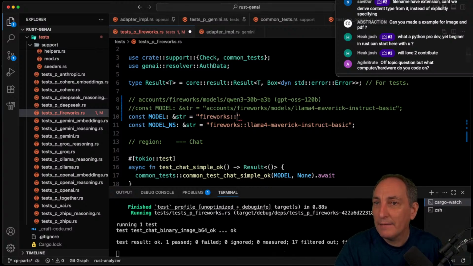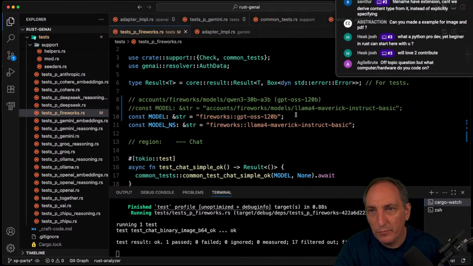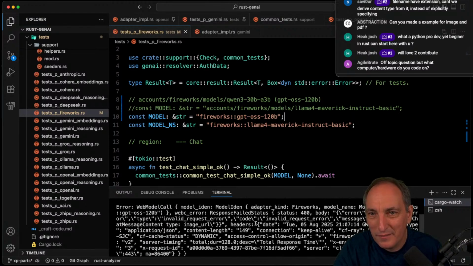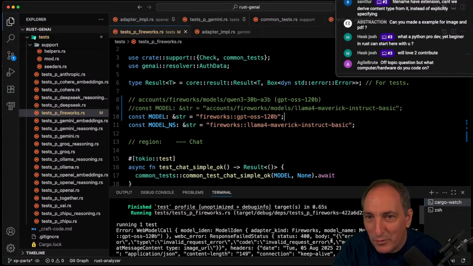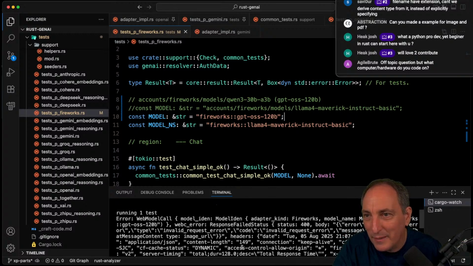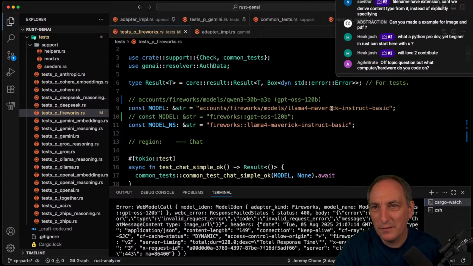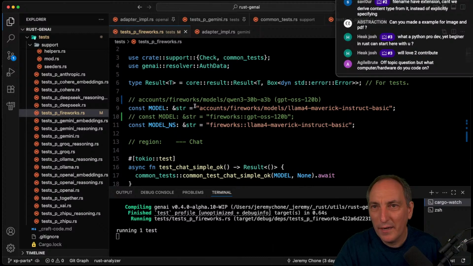Fireworks. And I can do the long name after. Also, we have this short one where it will actually add all of this by default. But if you want to have control, if there's one slash, I don't touch it. Boom. Touch that binary. Oh, that's not my fault. Binary stuff, response file, object, error, invalid request. Yeah, but this is not me. So it doesn't support it. That's disappointing. So if we do that, Maverick supports it. And if we do the Qwen guy,